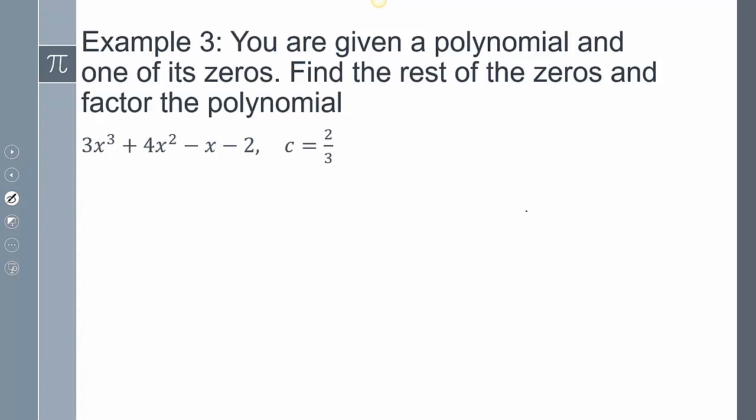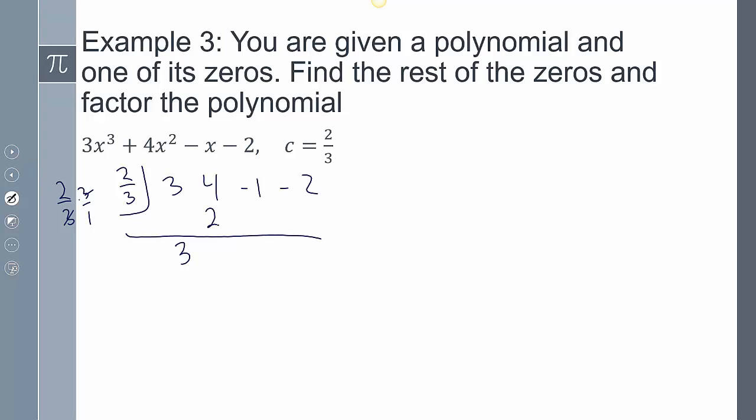Example number 3. You're given a polynomial and one of its zeros. Find the rest of the zeros and factor the polynomial. So same thing. Here's my first zero. Use synthetic division. Bring down the 3. Multiply the 3's together. If you have to write it off to the side to help you visualize it, always do that. Now multiply the 6 and the 2/3. So that's going to give me 4. I get 3. Once again, the 3's cancel out, and so I get 2, which gives me a 0,